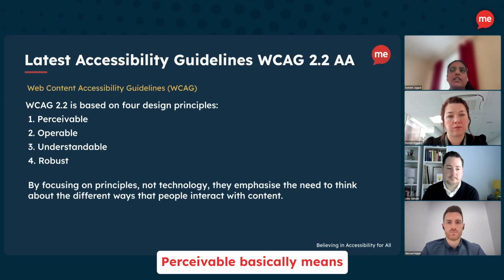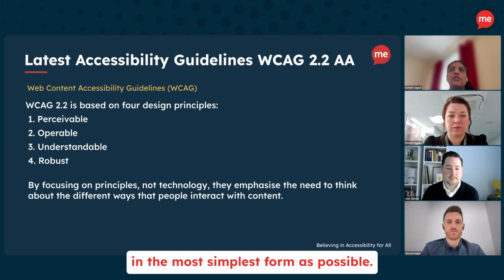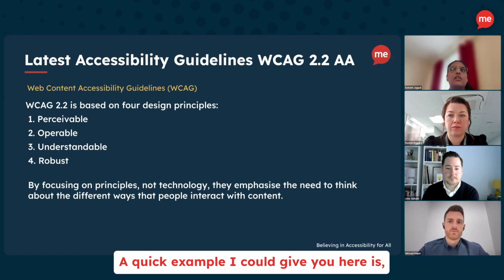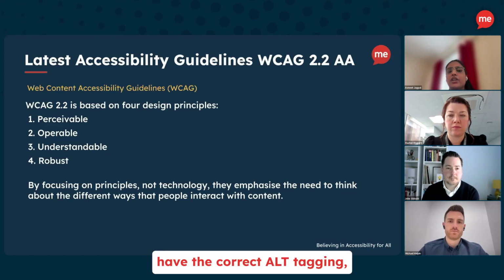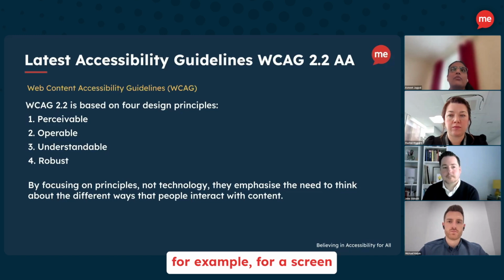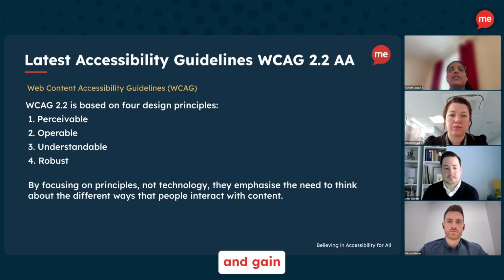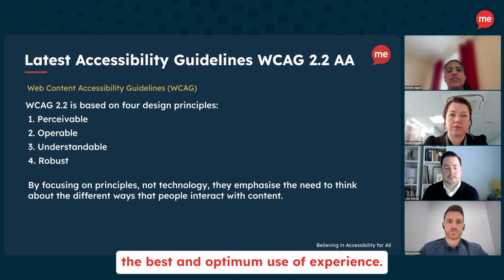Perceivable basically means you should be able to perceive your information in the simplest form possible. A quick example I could give you here is making sure your images have the correct alt tagging, for example, for a screen reader to correctly perceive that information and gain the best and optimum user experience.